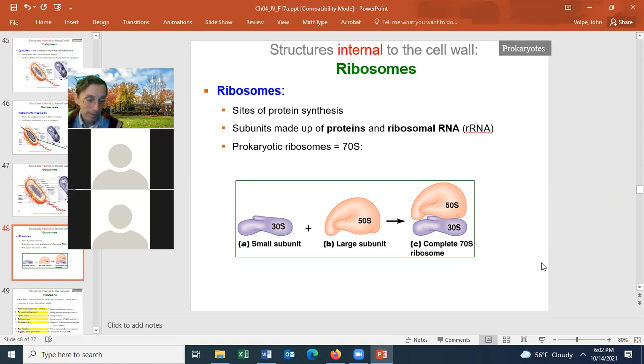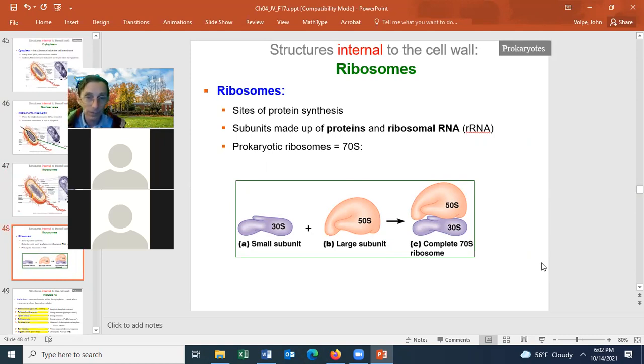The S is where the ribosome sediments in an ultracentrifuge gradient, and the biochemists and the molecular biologists measure ribosomes that way. And the 70S is smaller, the 80S is larger, and so the eukaryote ribosome will sediment lower down